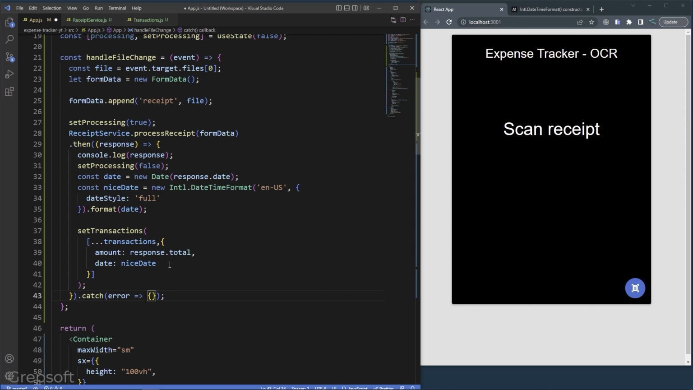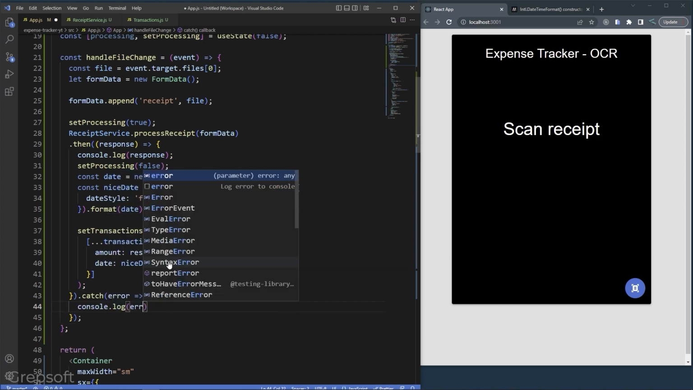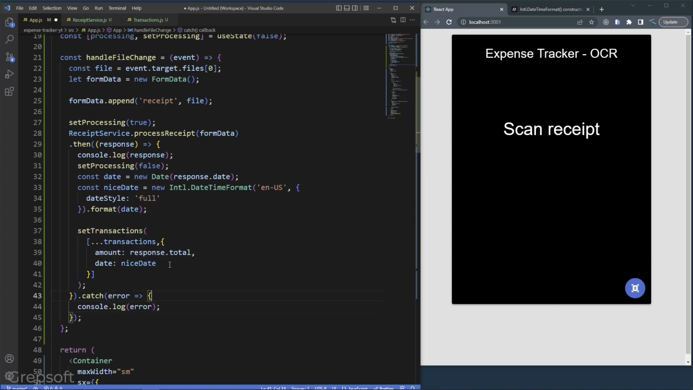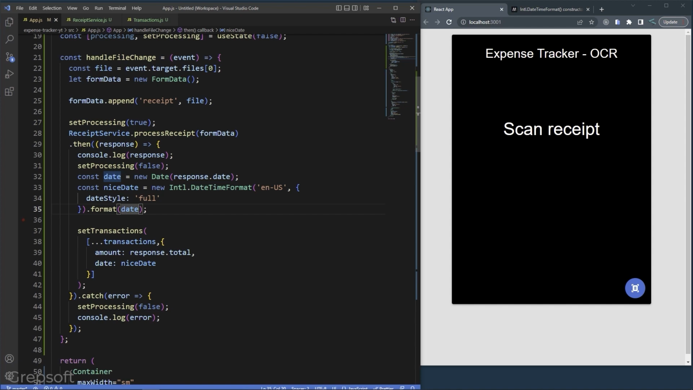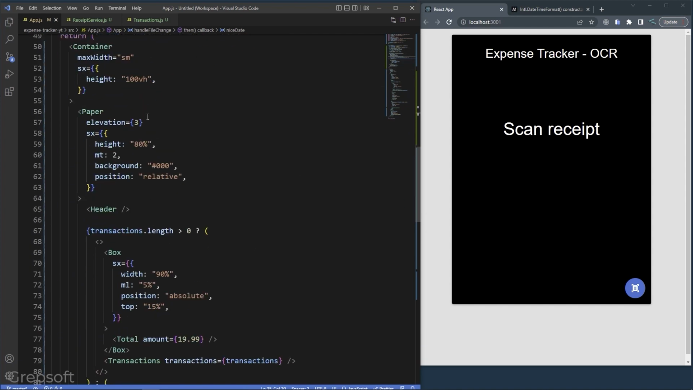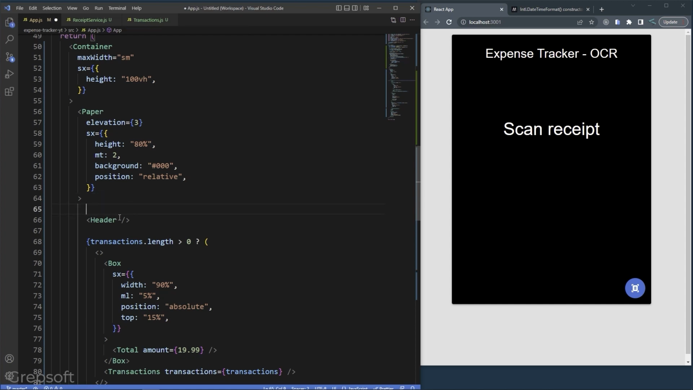Now error, and also I want to set processing to false. Alright, and then while we are processing this, so maybe at this point I want to